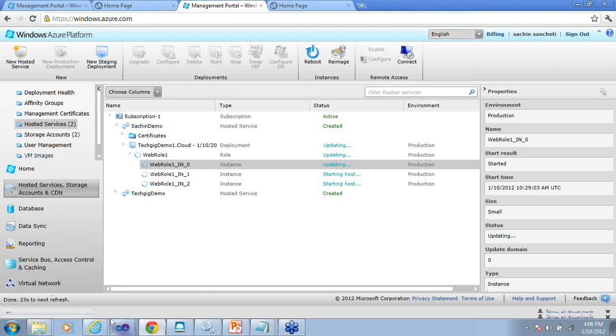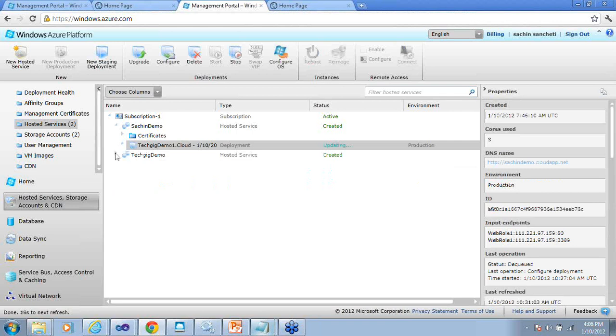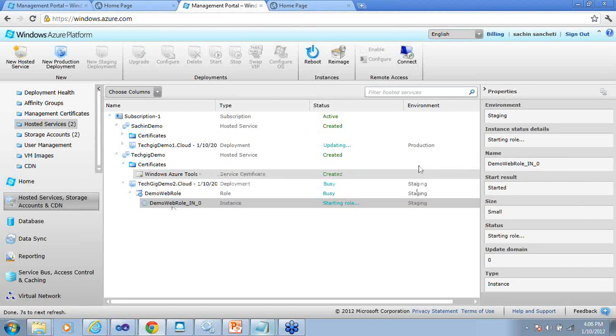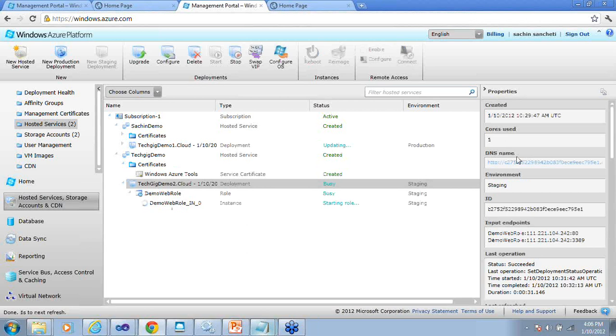So, last part, and the best part. Here, the application which I had deployed from Visual Studio, I had deployed to the staging environment. So here you see the staging, and here it was in production. It is going to get ready, and we'll see the endpoints. This is the endpoint. We talked about a GUID being used in that endpoint. It is just starting the role. It generally takes 8 to 10 minutes to get that role ready.